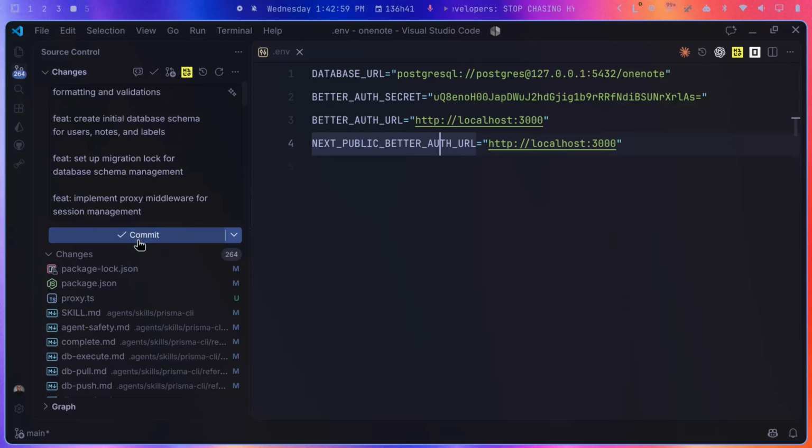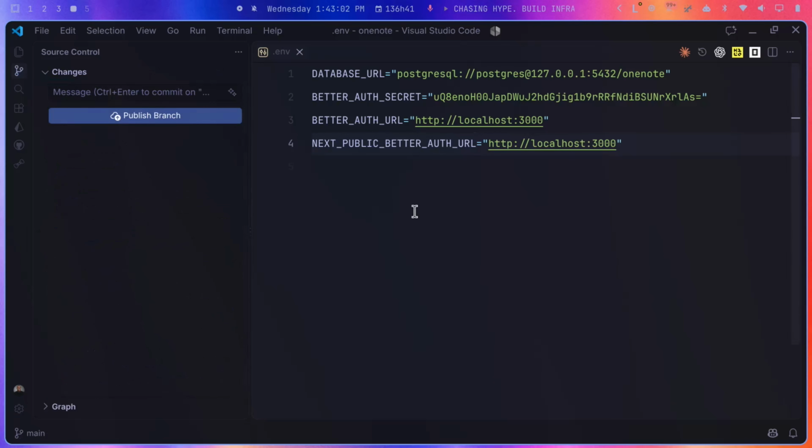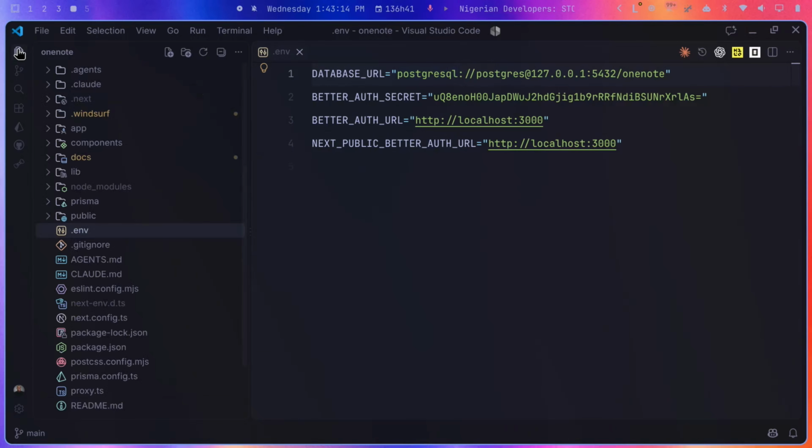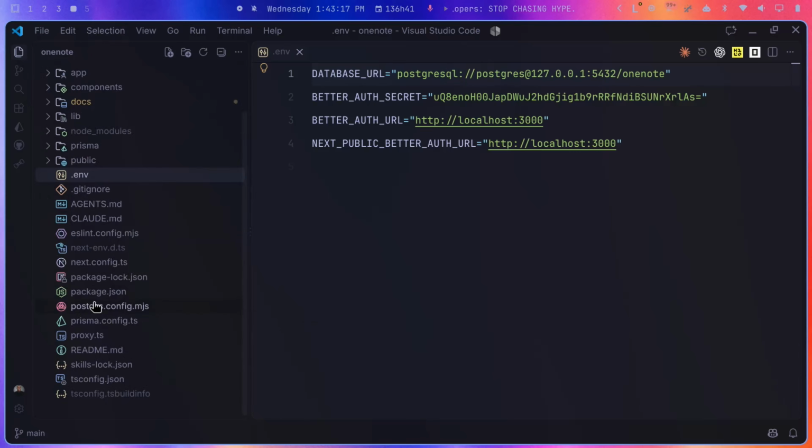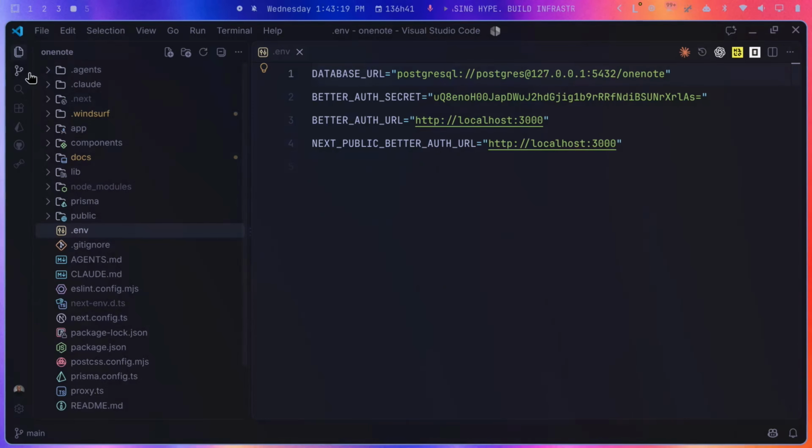So let me commit. This project is one of the projects I built during the bootcamp. That's from when we started building the project. So this is my own project. Let's go to files, so you see all of my files here. I just did the commit the other time. You can see that I'm using a local database here, and that's why you're seeing that it's pointing to a localhost,